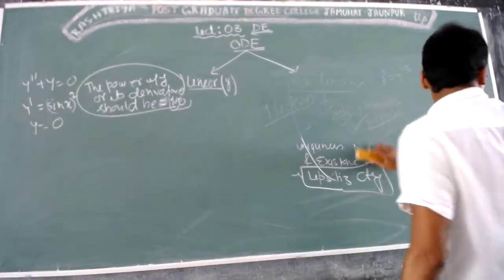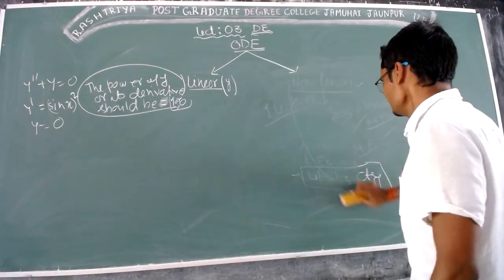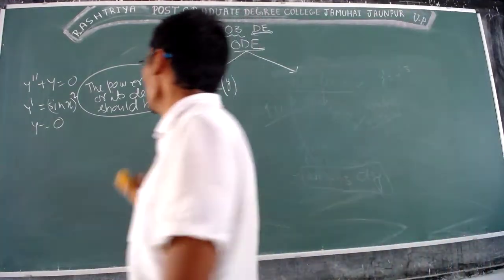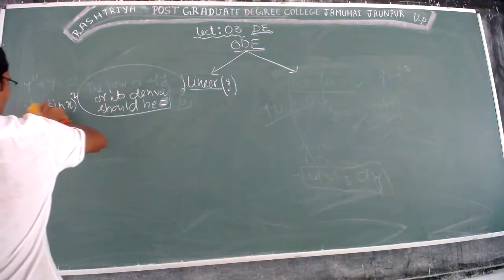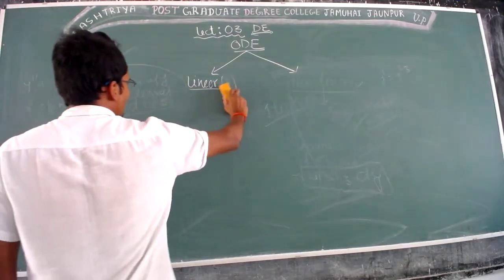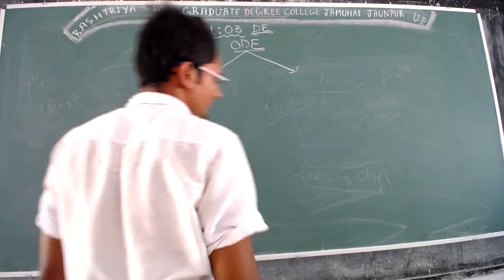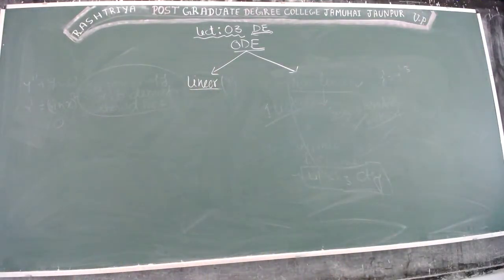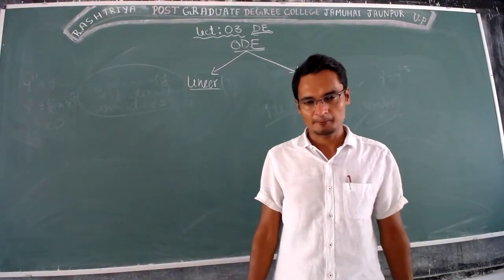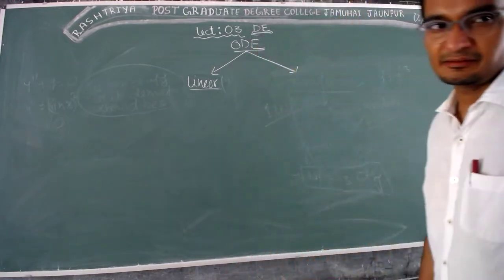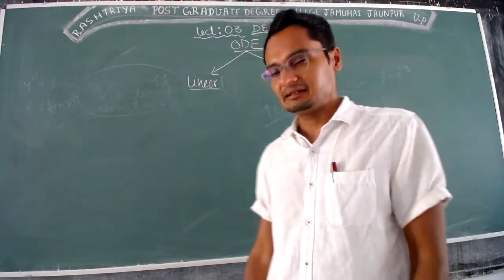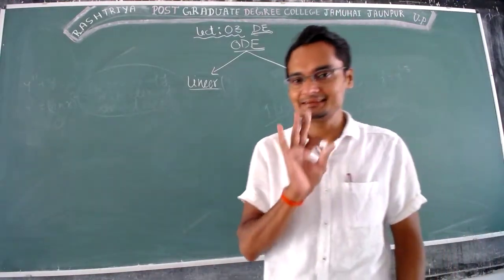If you remember, we started differential equations and then we categorized two types: ordinary differential equation, partial differential equation, and integral equation. After that we calculated order and degree and then categorized the ordinary differential equation in two forms: linear and non-linear. Now we are in linear, which means throughout this class every differential equation will be linear. Linear means linear in the dependent variable and its derivatives.